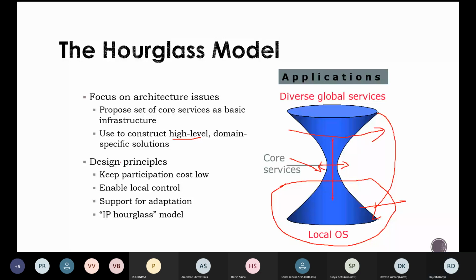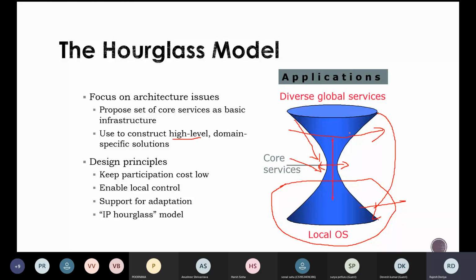Apart from that, there are design principles such as keep participation cost low, enable local control, support for adoption, and the IP hourglass model. It is analogous to your IP hourglass model, which we'll see in the coming slide. It can also facilitate local control, and it can keep the participation cost low because the interaction is done with the core services only.